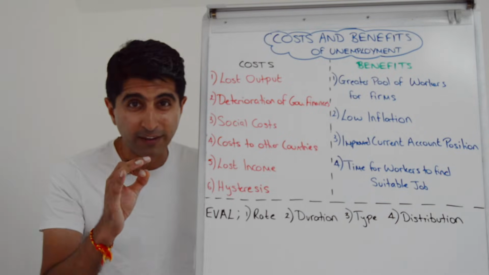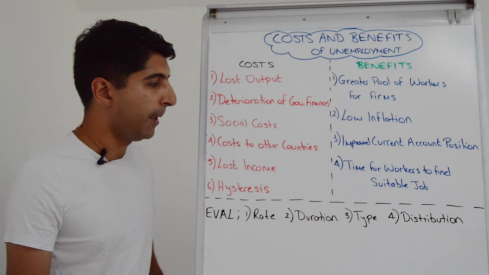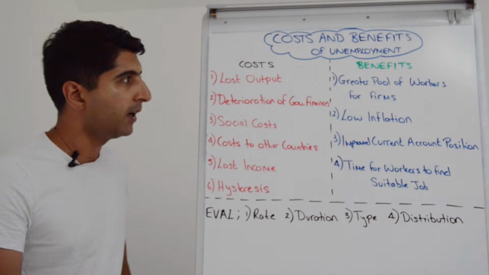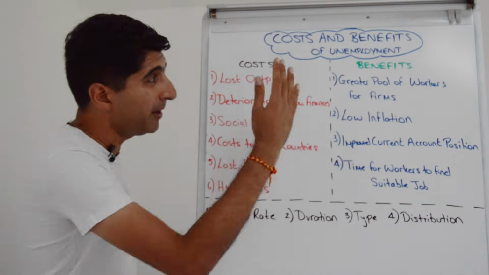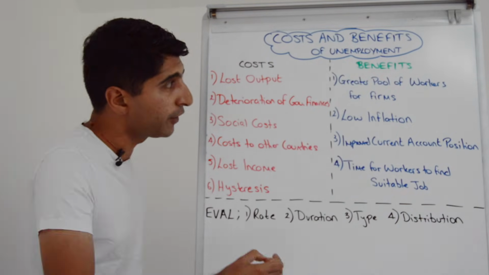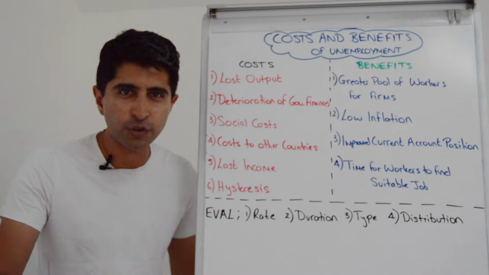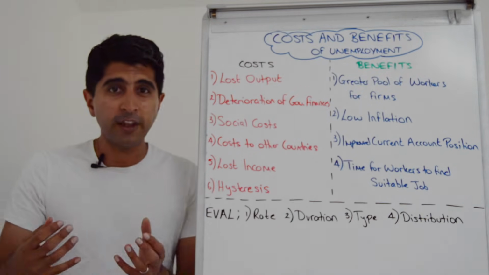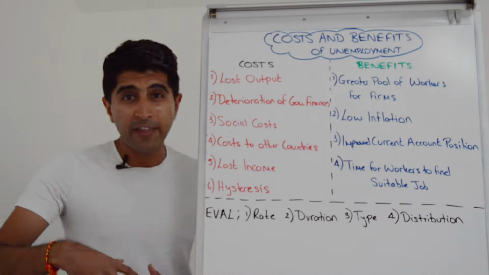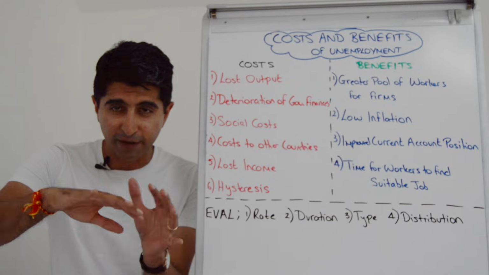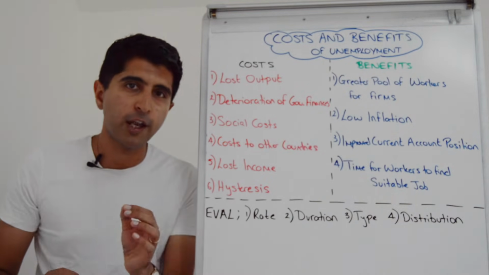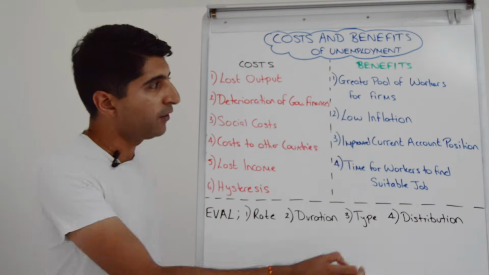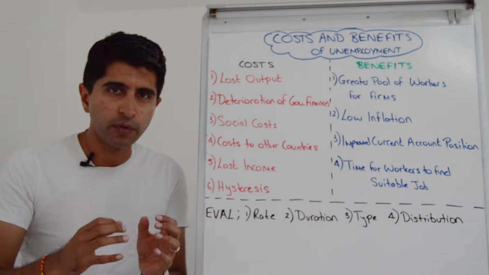So this, you could argue, is the worst cost of high unemployment if it becomes long-term in nature. But are there benefits of unemployment? Yes, there are. Simply put, one of the biggest benefits of unemployment is that there is a greater pool of workers for firms to choose from. And if you speak to firms, they'll tell you they love this flexibility. They can then choose the most productive worker from that pool, which is great for the firm. It can keep their cost of production relatively low and keep their profit margins high. So firms will like that greater pool, that greater choice.